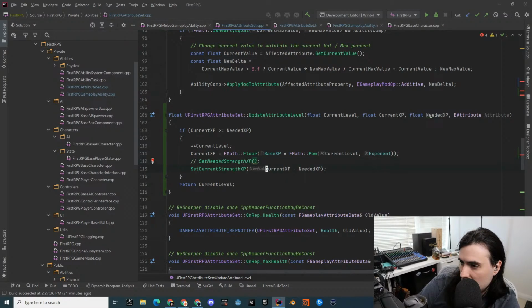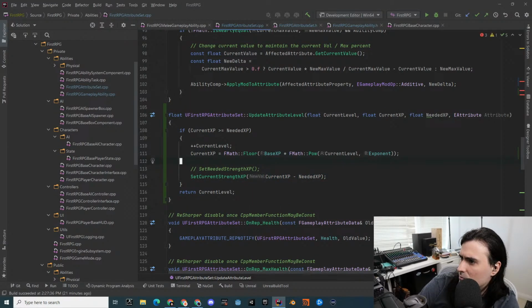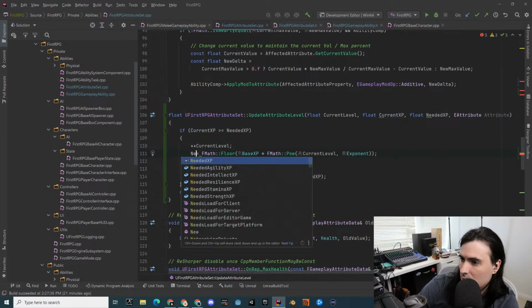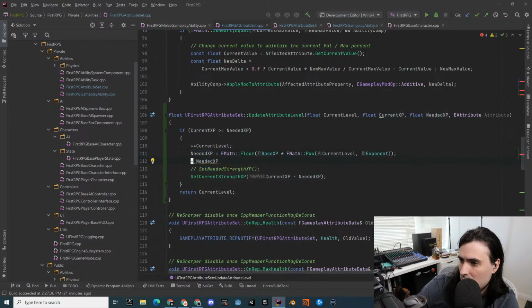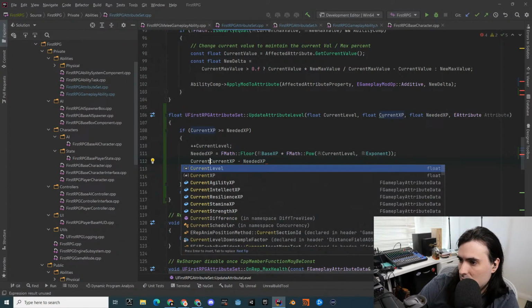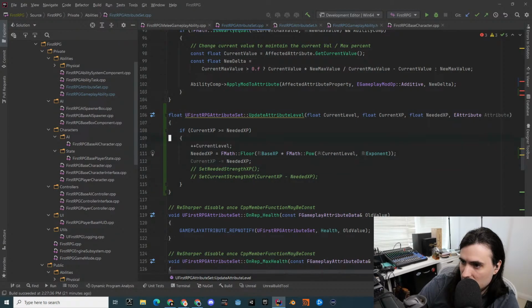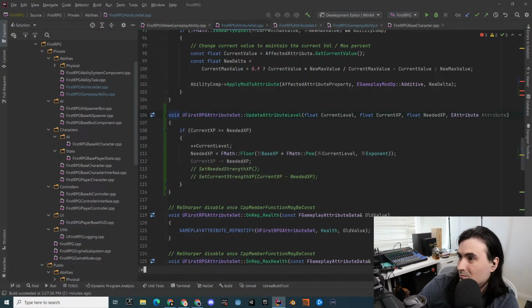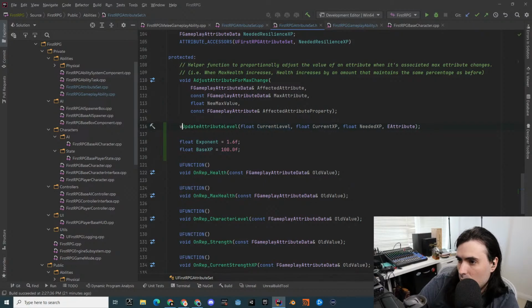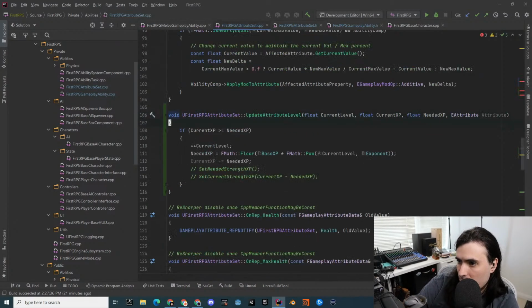Right, and then we can close that, and then this is needed XP here. Needed XP, and then this is current XP minus equals needed XP there, and then we don't want to actually return anything anymore, void. Then we come back here, void. Yeah, and then at the bottom here,